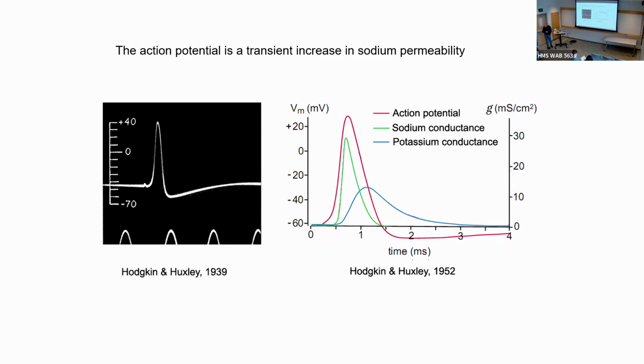And they found that there was also another kind of potassium conductance in the cell that was activated later, that was activated by depolarization, and that helped in the repolarization of the action potential. And that potassium conductance produces what they recorded as an after hyperpolarization, where the membrane potential transiently becomes more negative after the action potential, because the potassium conductance goes up even higher than it was in control before the action potential. So they understood this.